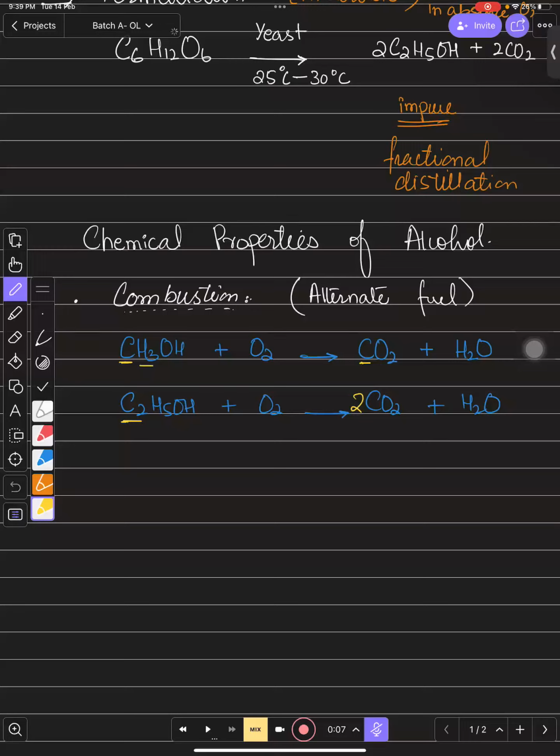Then आपने balance करना है hydrogen. So you can see this. Here we have 4 hydrogens and over here we have 2. So we can balance hydrogen. Here we have 6 hydrogen and over here we have 2. So we can balance hydrogen. तो भाई पहले कार्बन बैलेंस करना है, फिर हाइड्रोजन बैलेंस करना है, और लास्ट में आपने ऑक्सीजन बैलेंस करना है।